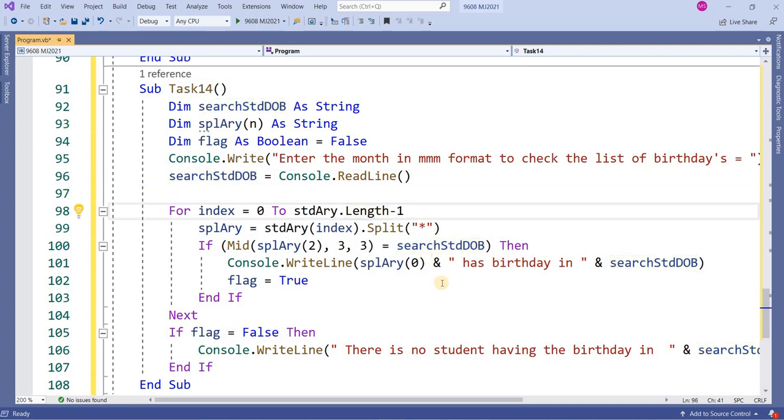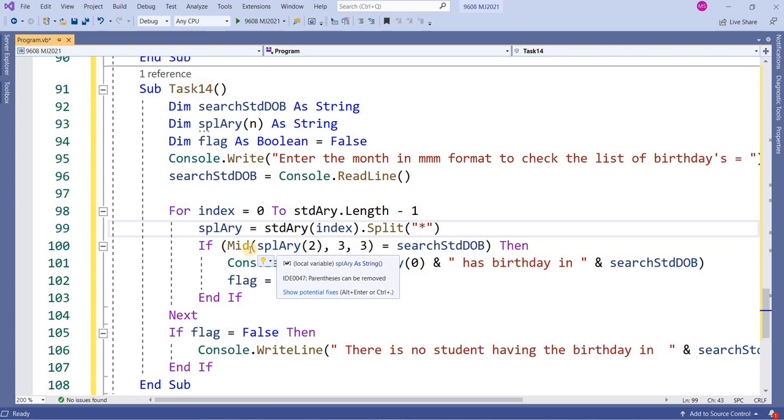It will move from 0 to the student array length minus 1, and then it will split using this asterisk and store into the split array. Now I'm going to select the month, because you are entering the value in the form of April, May, June, like that.